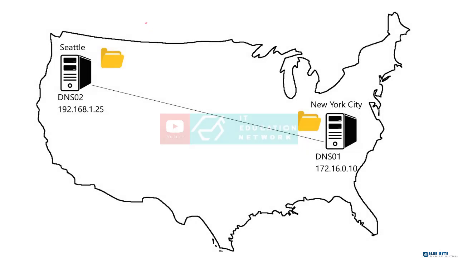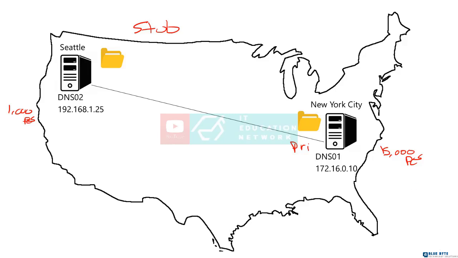Now let's use the same scenario and we'll talk about a stub zone. In New York City, I have my primary. Now let's say in New York City, this time we have 15,000 computers. So that's at least 15,000 records showing up in my DNS server. And in Seattle, we have 1,000 users again. 1,000 users, 1,000 PCs. Instead of having a secondary zone here, which, since it's a read-only copy,